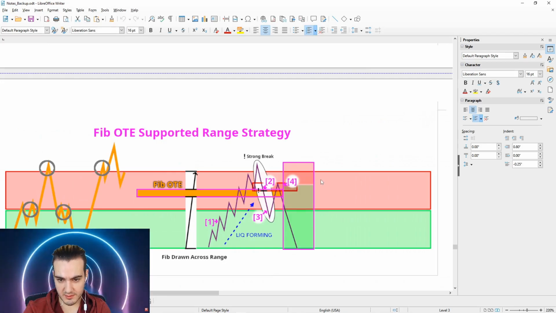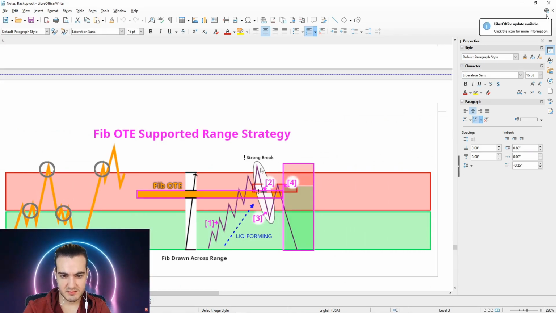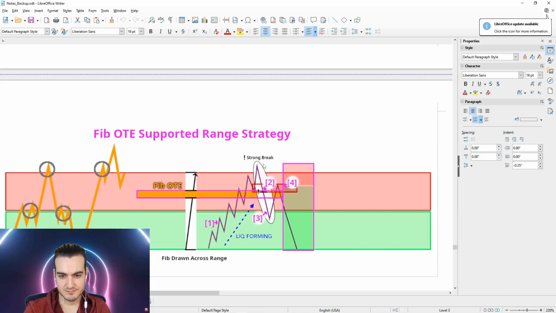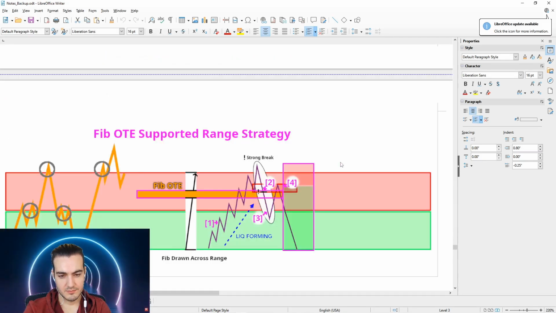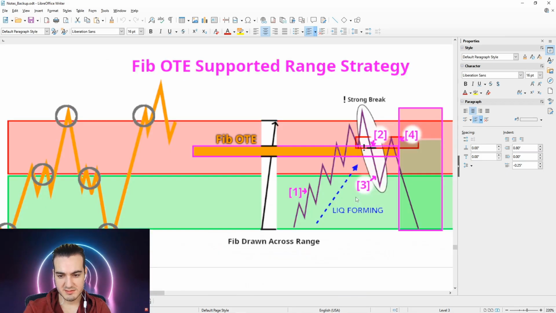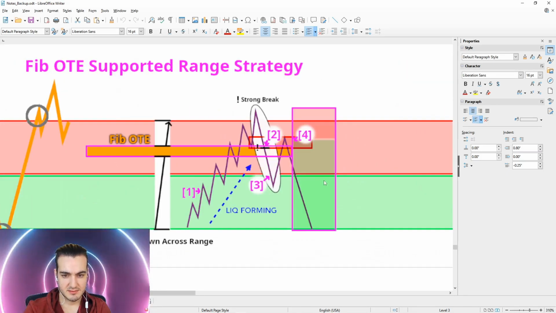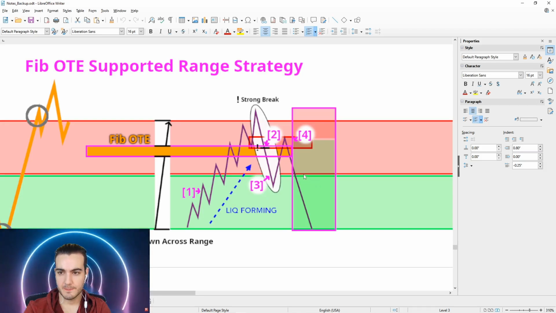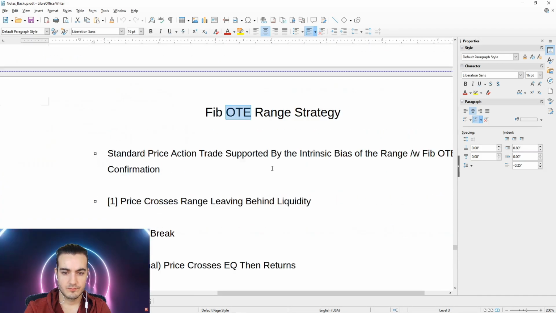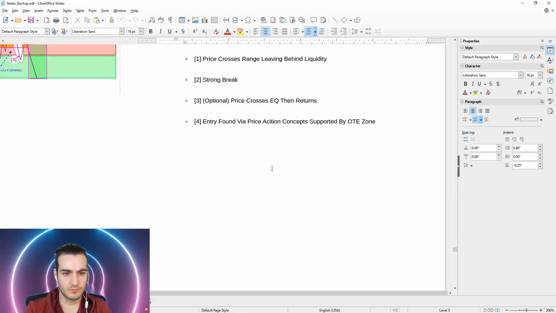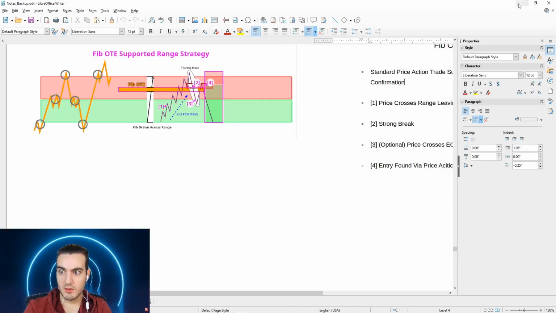Alright, I may have spoken too soon. It does look like the highest swing is used as the stop loss in this one as well. Anyways,